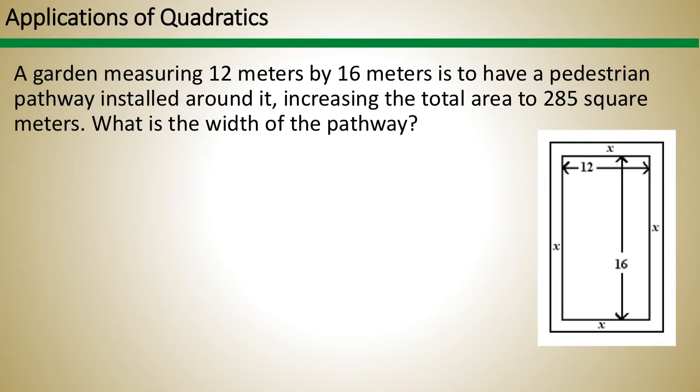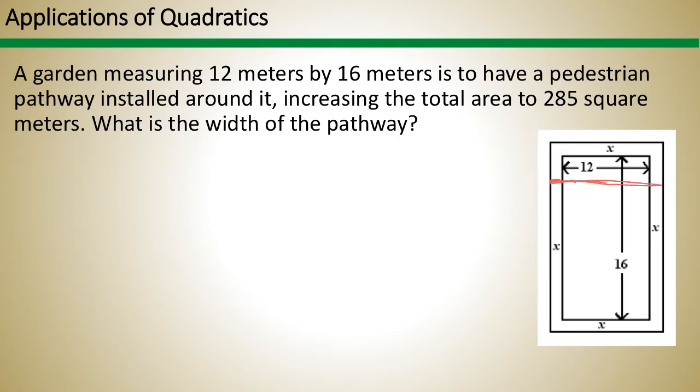Okay, so you see this picture down here, and we don't know the width of this pathway, so we're going to call it x right now. So now, this entire thing that we have is 285 square meters, okay? So I find the area by multiplying length and width, and this actual width here, if I include the x's that we have,